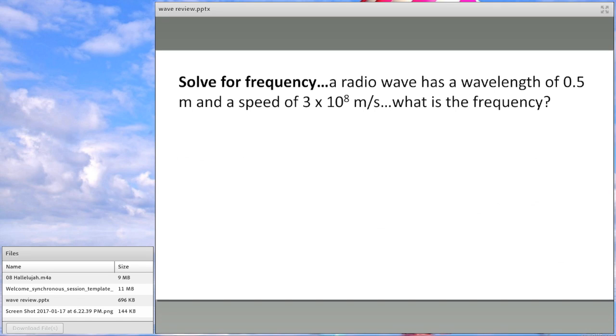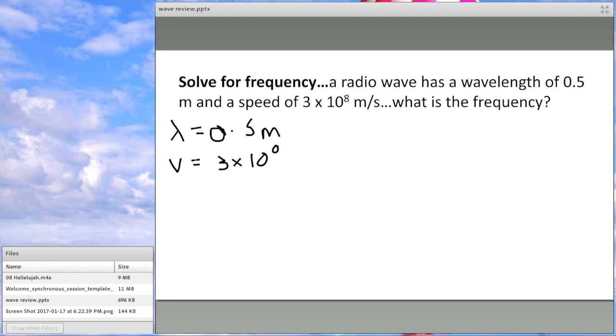Okay, so let's try another problem. This one we're going to solve for frequency. So it's telling us that our wavelength is 0.5 meters, and our wave speed is 3 times 10 to the 8th. Now, this is actually our speed of light in a vacuum,